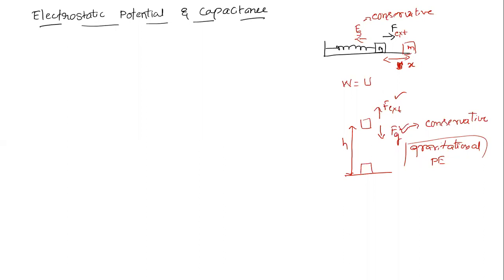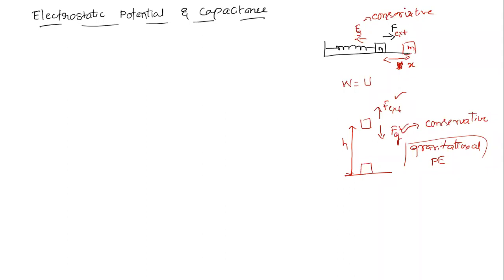There are two types of forces, conservative and non-conservative. Do you remember? A conservative force means the total work done in a closed loop is equal to 0. Or we can say it does not depend on the path followed, it depends on the initial and final points. That is what we call a conservative force. Examples are the spring force and the gravitational force. Sir, what about non-conservative force? Frictional force is the best example. It depends on the path followed.